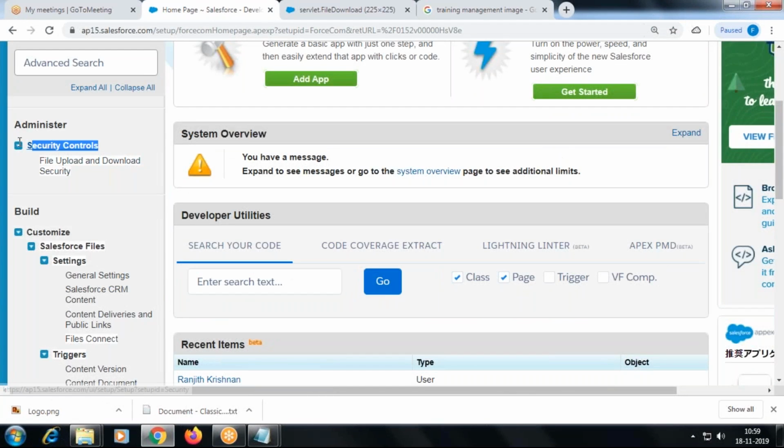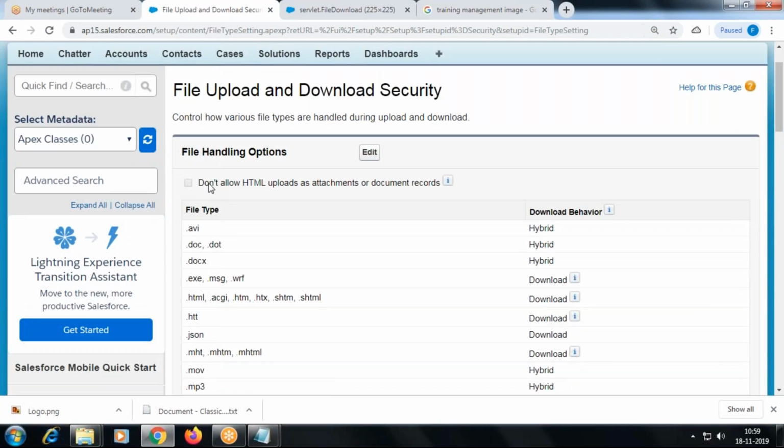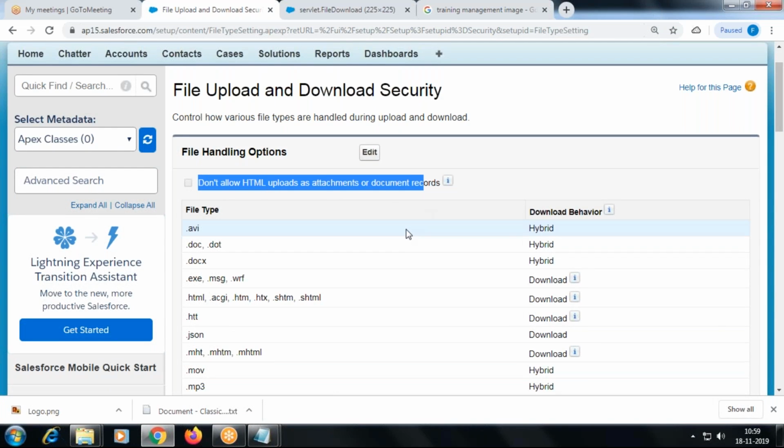It is below your security controls. Under Administer, we have File Upload and Download Security. So there is a checkbox called do not allow.